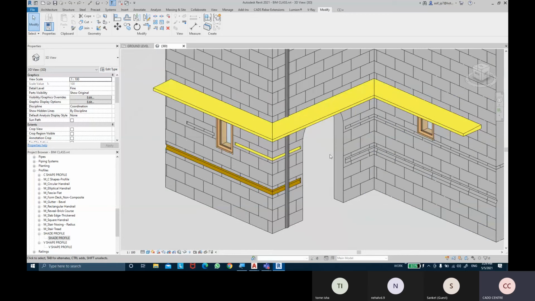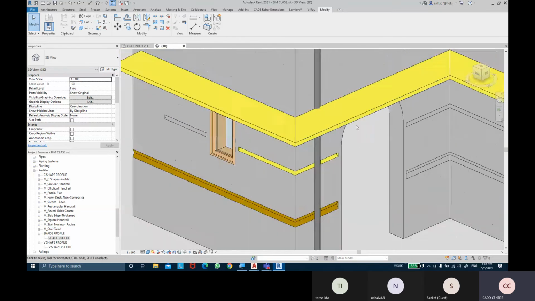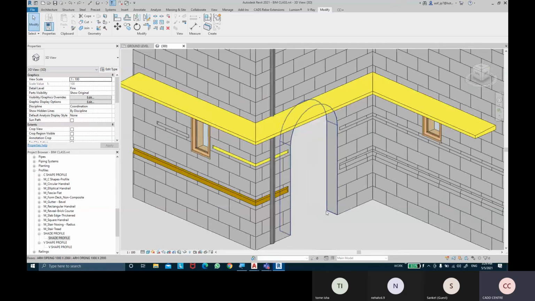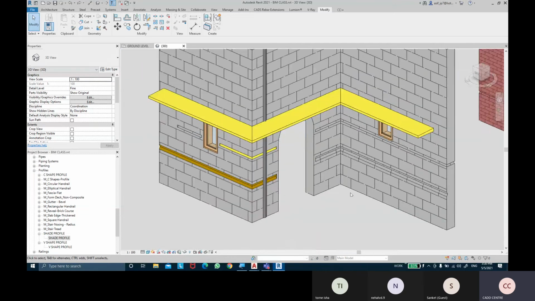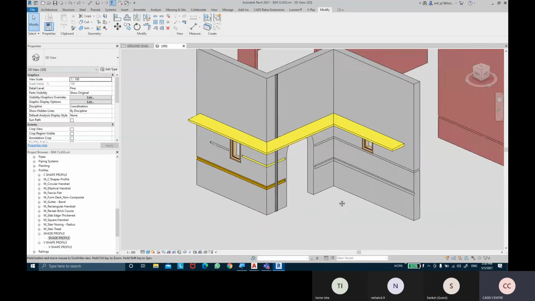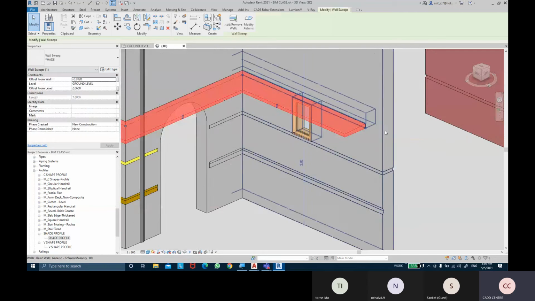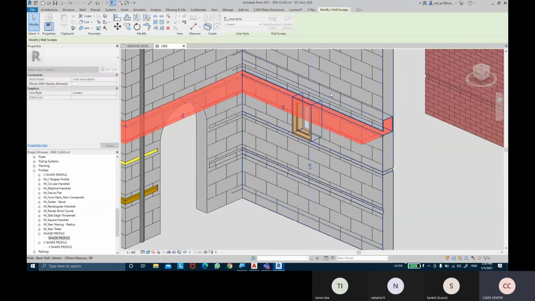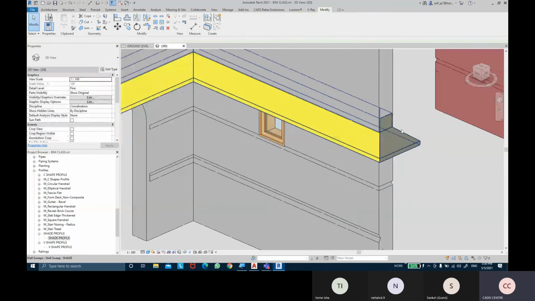You can create groovings or any sort of shaping profiles on the walls, in this sunshade, or skirtings or crown moldings, using the wall sweeps and reveal command basically. You can drag this here and you can even return it that way.